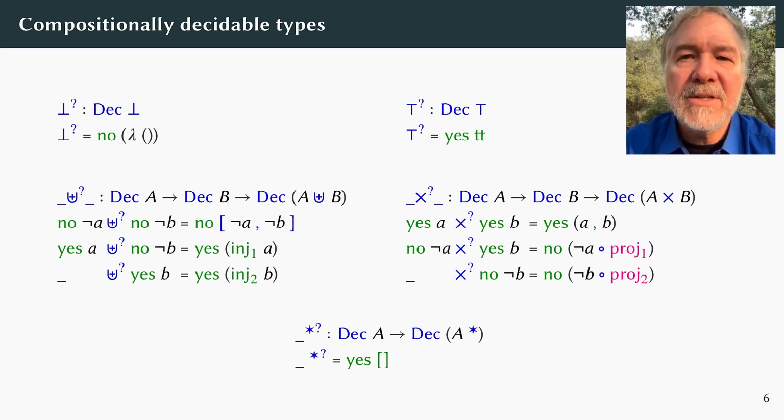language calculus lemmas. For example, consider deciding the conjunction of A and B. If we have proofs of each, we can pair those proofs to form a proof of the conjunction. On the other hand, if we have a disproof of either, we can use it to construct a disproof of the conjunction.